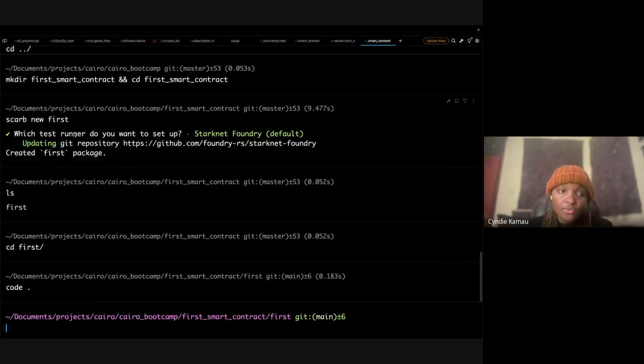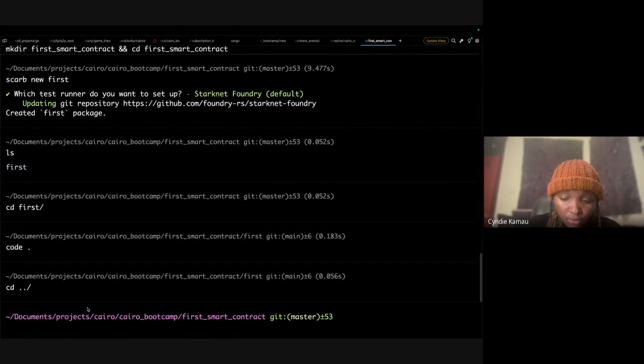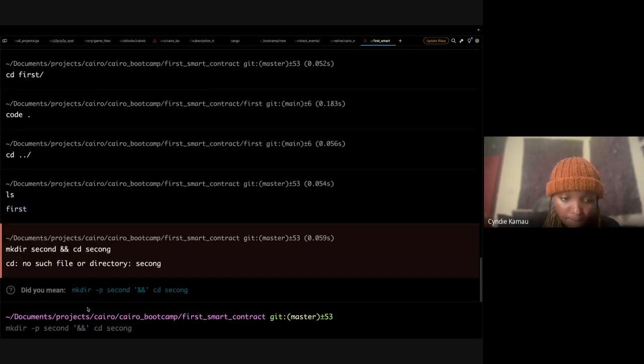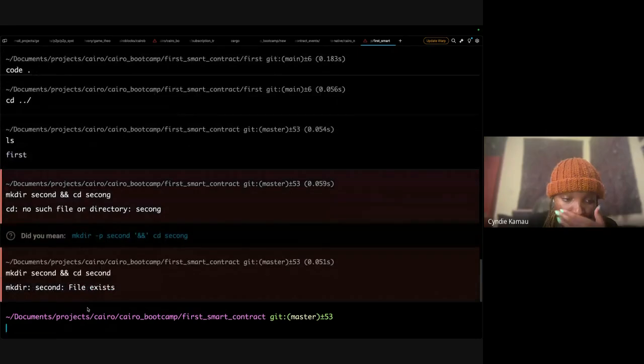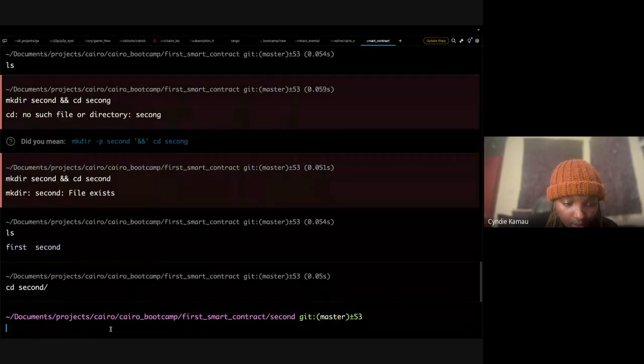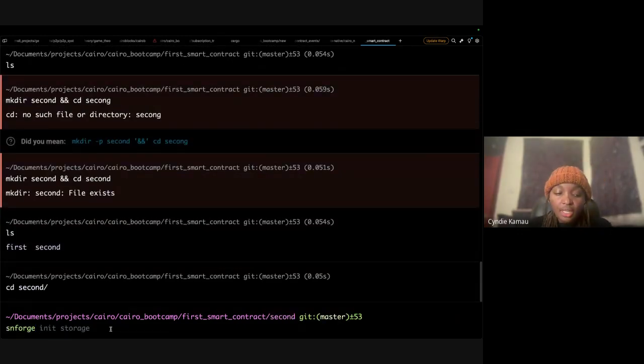So this is one way of doing it when you're using Scarb. As you will see next week, you're going to use something we call Starknet Foundry.